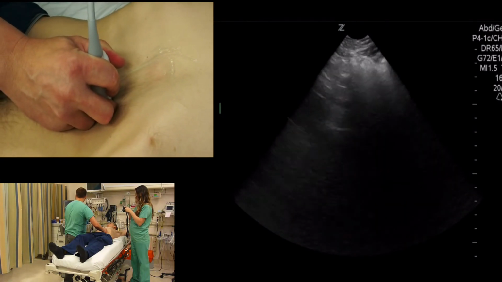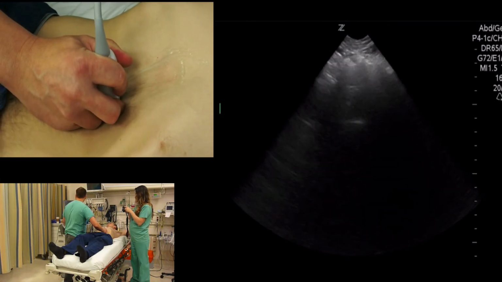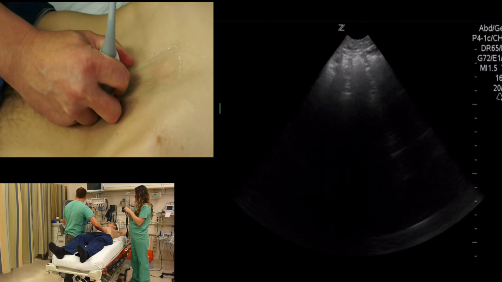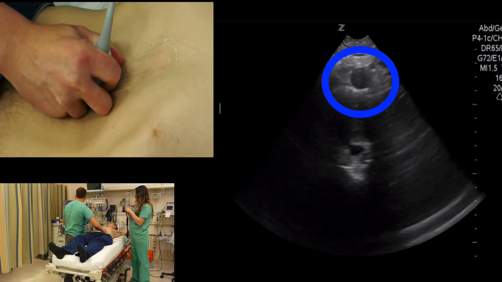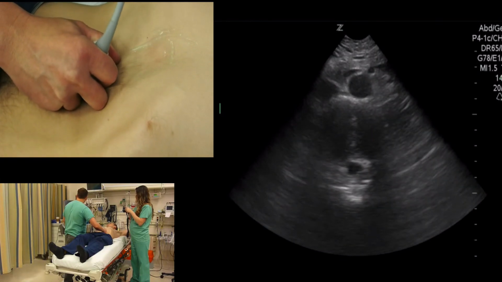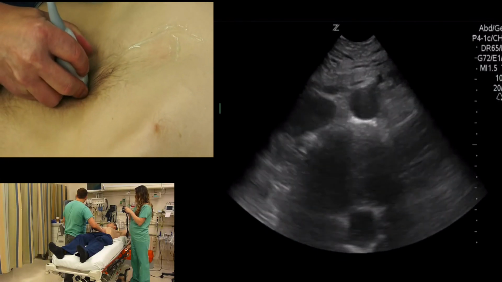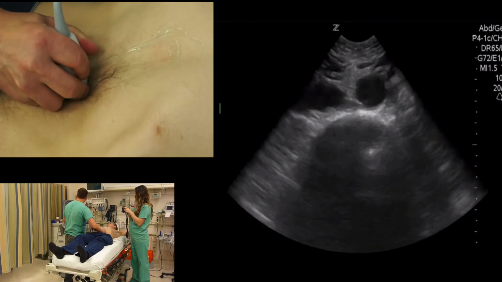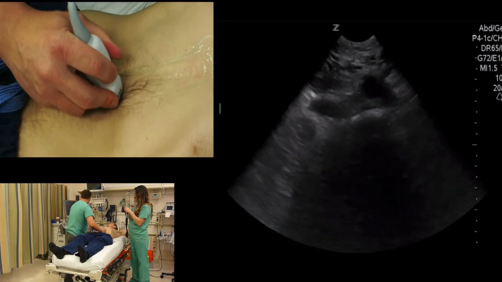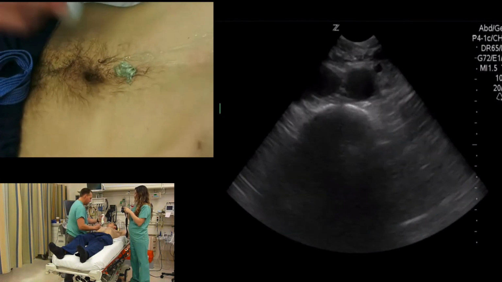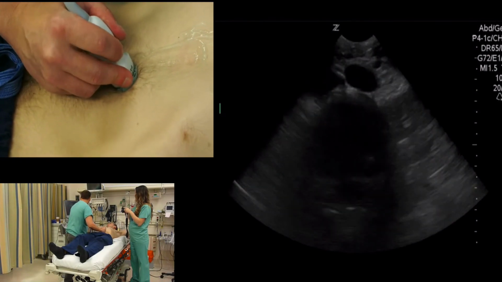Now we encountered some bowel gas here in our exam, that's why we can't see anything. But as we apply gentle pressure, the aorta becomes very apparent. Now we're going to decrease our depth to get a much better look. And now we're looking for that bifurcation of the aorta, the bifurcation that turns into the two iliac arteries. So we apply a little bit more gel, and now we're going to just fan up and down until we